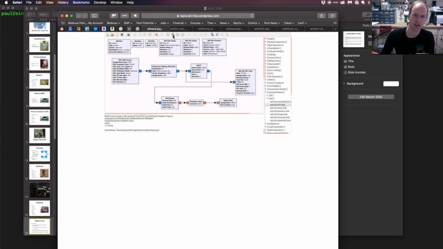So if I were to plop down all these blocks and build this flow graph graphically that you see here, just for example, and then I were to press the generate button here, it's right there. You will get a file in whatever your working directory is called top_block.py.